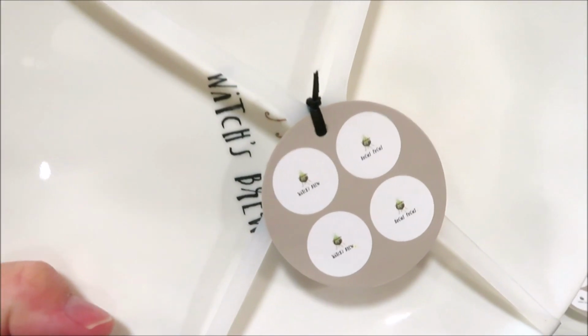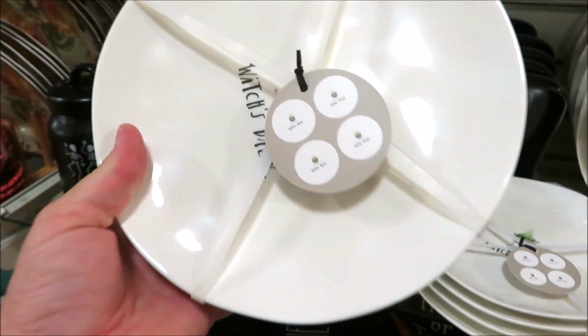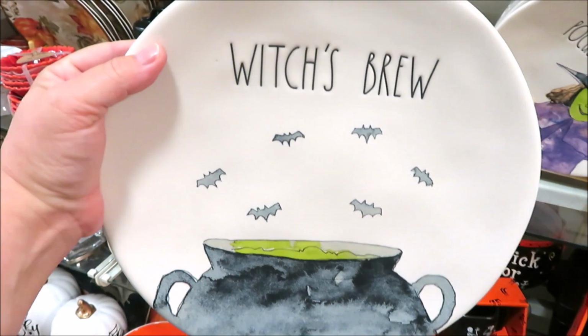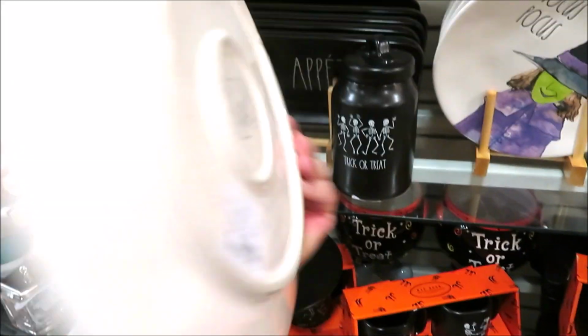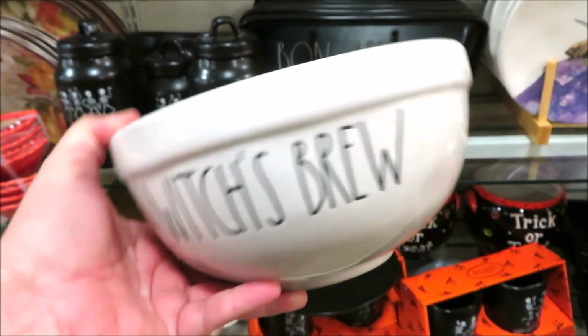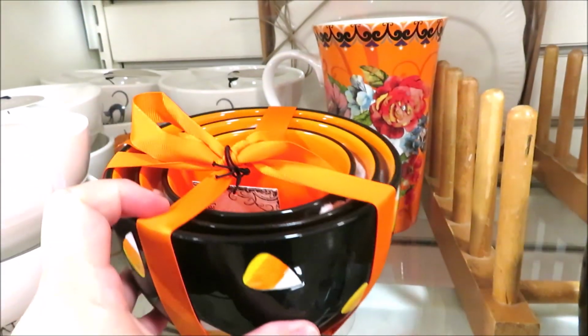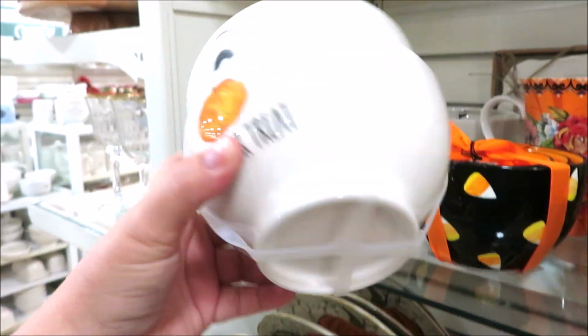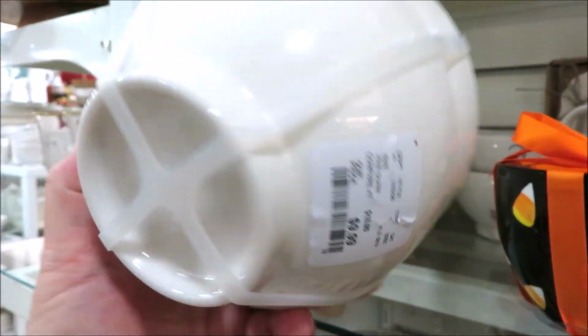This one in Witch's Brew. They all have cauldrons with green potion bubbling out the top. And this Witch's Brew ceramic plate that is also $7.99. They also have it in the bowl for $14.99. And speaking of bowls, they have some really cute candy corn sets of bowls, as well as the smaller sets